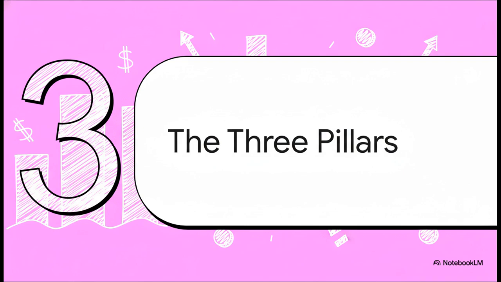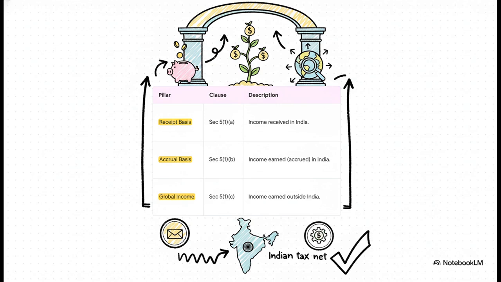All right, I know that legal language can be a bit much, but trust me, we can break it down into three really simple, powerful ideas. We'll call them the 3 pillars of income. And this table here lays it all out for us, nice and clean. For any resident, there are 3 separate gateways for income to become taxable here in India: receipt, accrual, and the global scope. Remember, and this is key, you only need to pass through one of these gateways